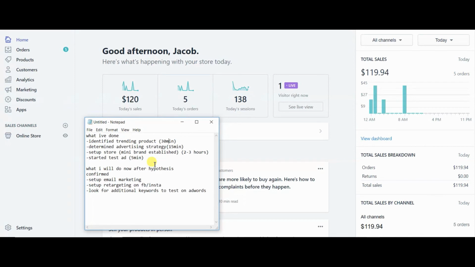I'm going to go ahead and set up some retargeting that can start kicking in on Facebook and Instagram. And then I also need to look for additional keywords to test on AdWords so I can get some additional search campaigns up. And then I also will need to start refining those campaigns and that targeting in a couple of days with things like negative keywords and things like that. So I just wanted to go ahead and shoot a quick video kind of giving you my thought process behind